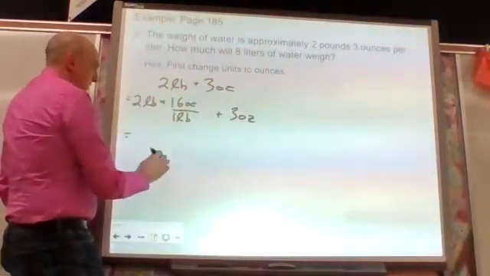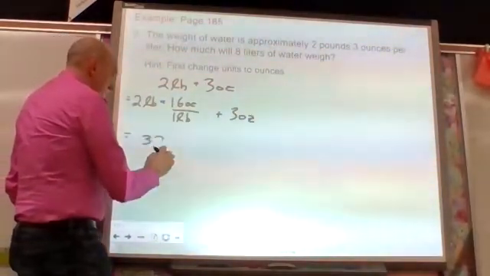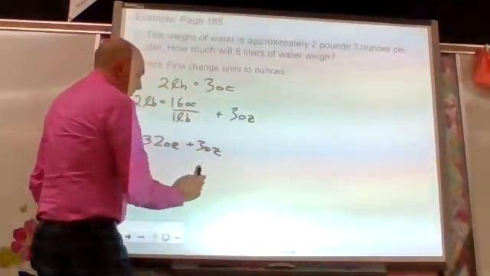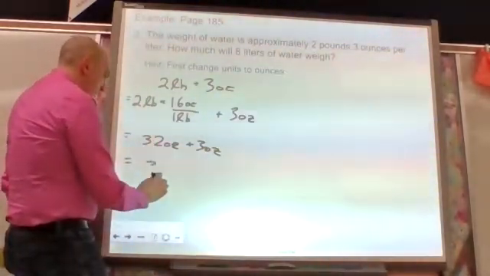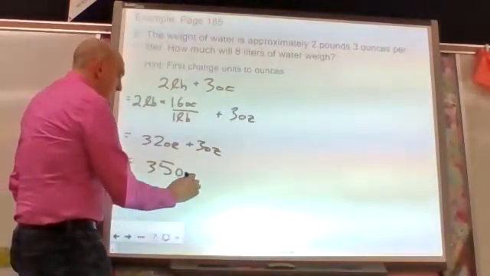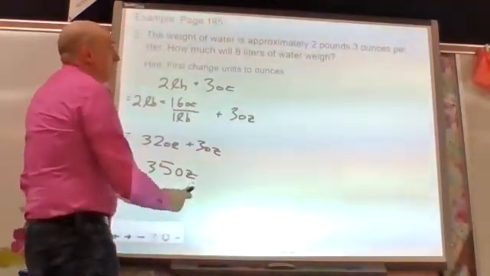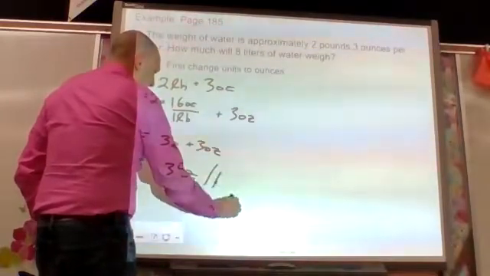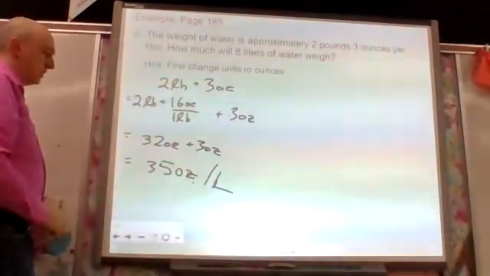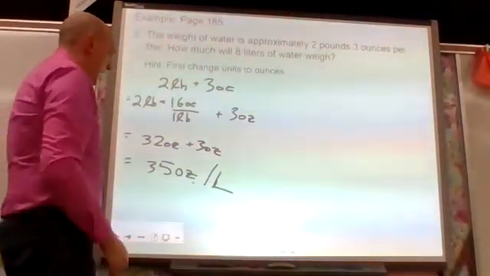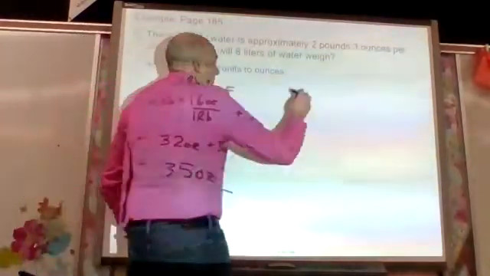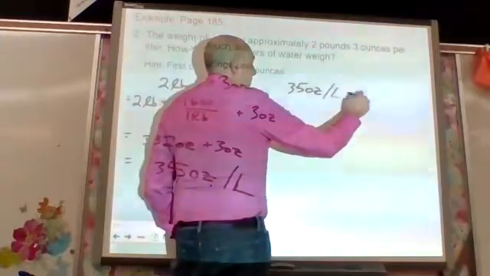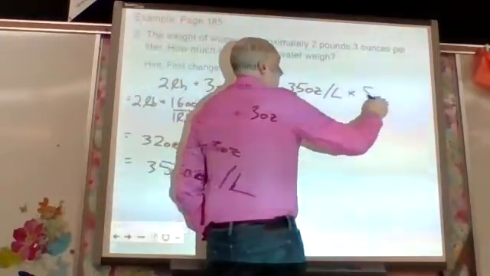And 2 pounds times 16 ounces per pound, that's 32 ounces. And so we got a total of 35 ounces for each liter. 35 ounces per liter. Now we take that 35 ounces per liter times 8 liters,